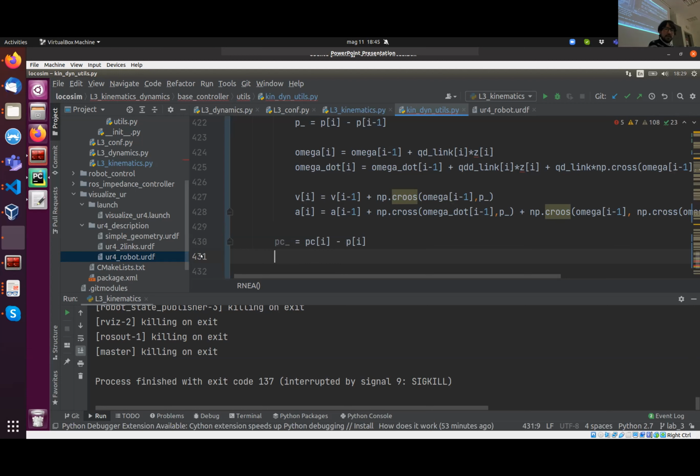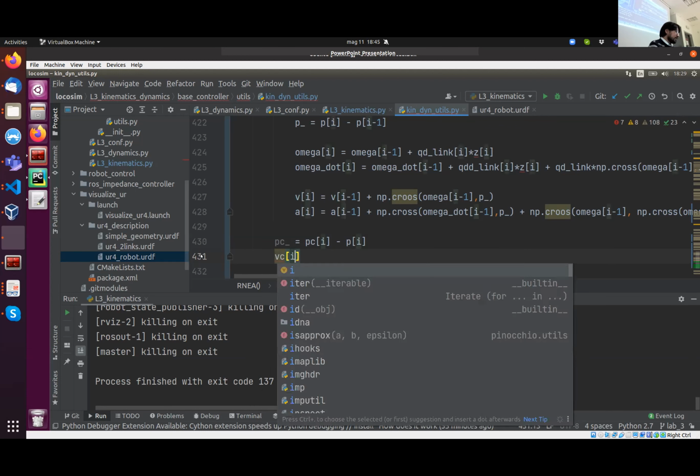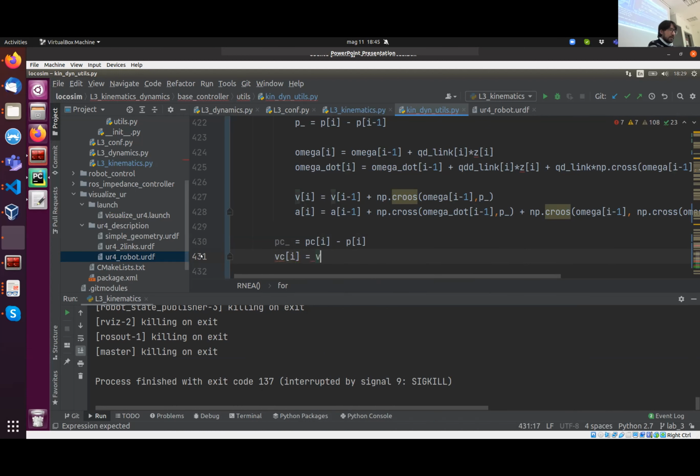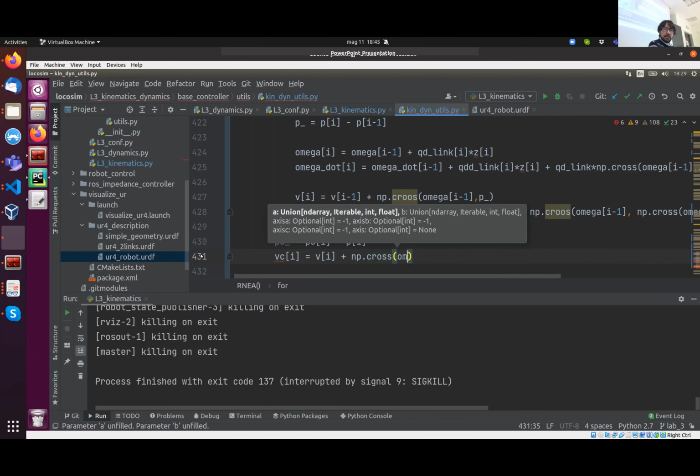Now that we have this, we compute the velocity of the center of mass, which is equal to VI plus MP cross omega I, with respect to the previous link, which is I, P underscore, and then